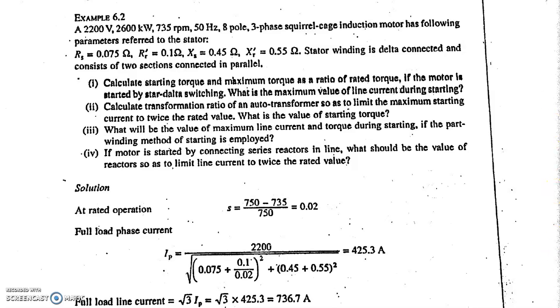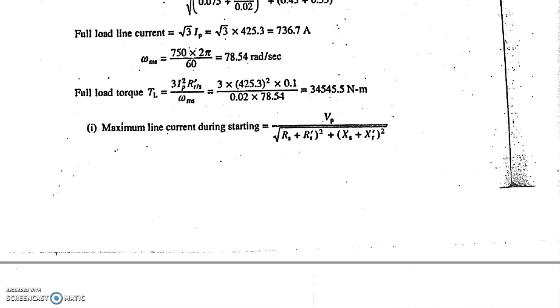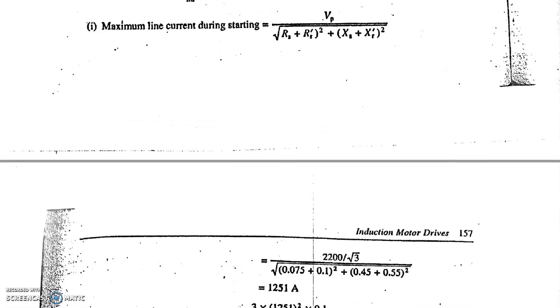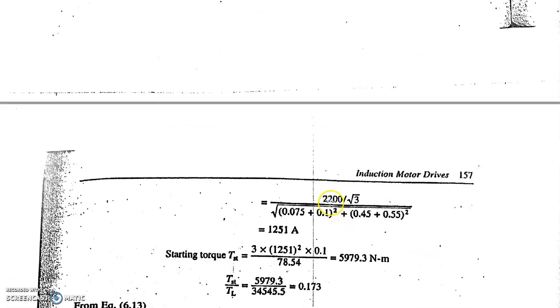What is the maximum value of line current during starting? For the maximum value of starting current, we have used the formula Vp upon (Rs plus Rr dash) plus (Xs plus Xr dash). So when we put these values in the formula, this formula will become